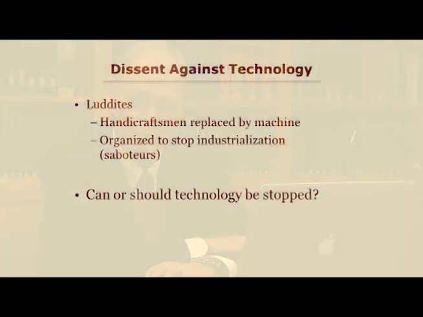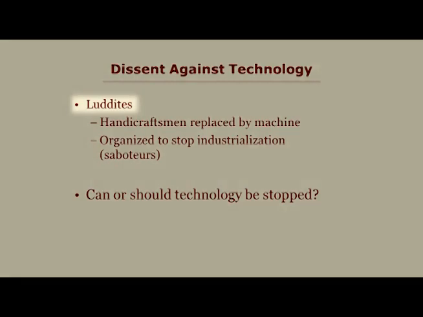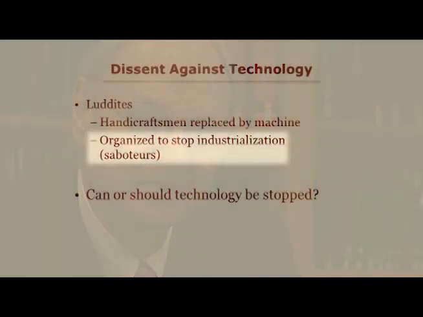During this period, there were some who hated the technology of industrialization. One group was known as the Luddites. They were artisans who felt like industrialization was going to take their jobs. And to some extent it did, because the Luddites didn't realize that artisanship could create goods of luxury that mass production was probably unwilling or unable to produce. Nevertheless, the Luddites did not see that advantage that they would have, and they decided that they would try and stop industrialization. They would go to a factory and